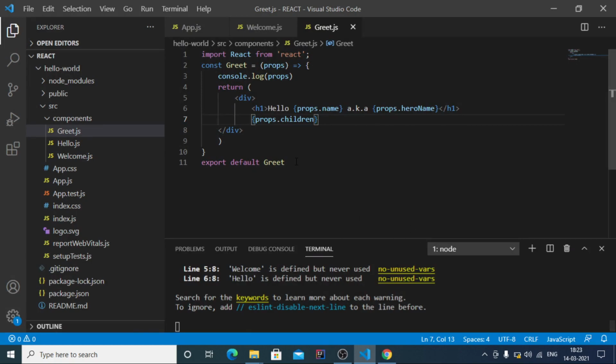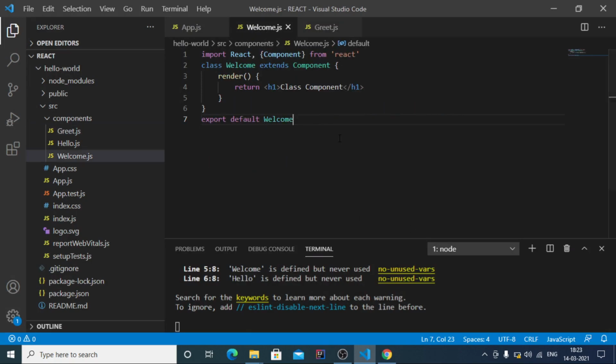Now let us come to the class components. So in class components, unlike in functional components where we were making use of props as a parameter, in class components we can access the attributes using this keyword and using this dot props.